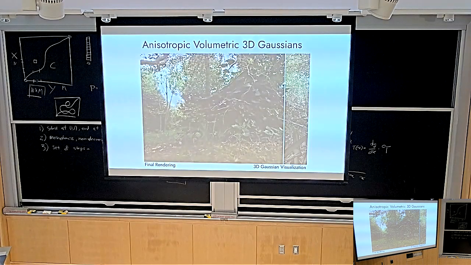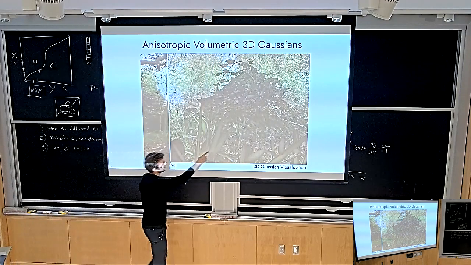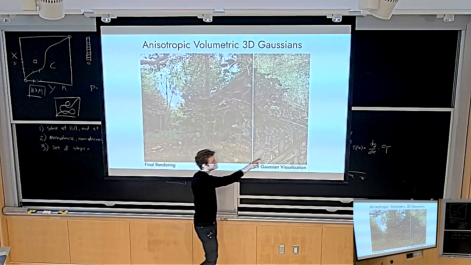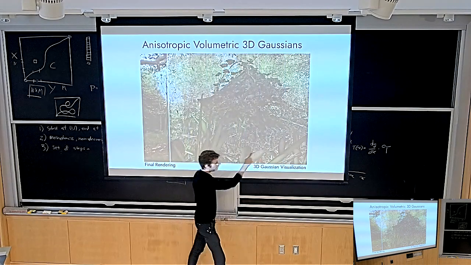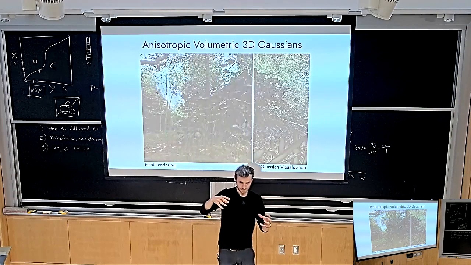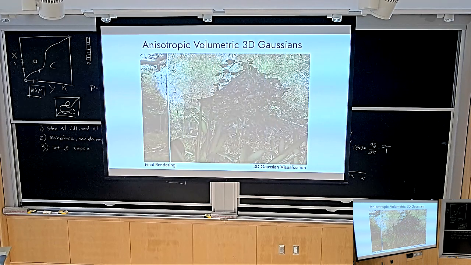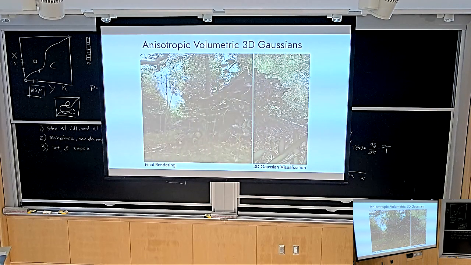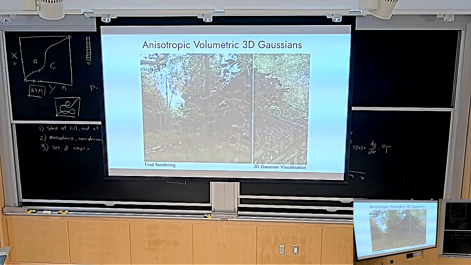Okay, so this is actually what this looks like. This is a video from the paper. Here on the right, you can see what these Gaussians look like. Here's a scene. You can see these blades of grass in the foreground, and you can see that these blades of grass are actually represented by one big ellipsoid. What you're seeing here is a scene that is rendered with the algorithm that we're going to discuss in a moment. On the left-hand side, that's not ground truth. That is the rendering, the differentiable renderer running on top of these Gaussians. And on the right, you can see a visualization that shows you what the underlying Gaussians look like. I think what they're doing here is they're just shading the Gaussians.